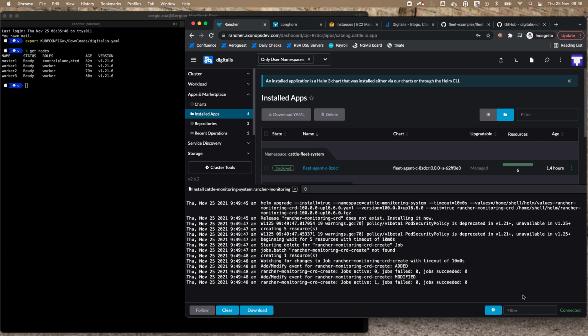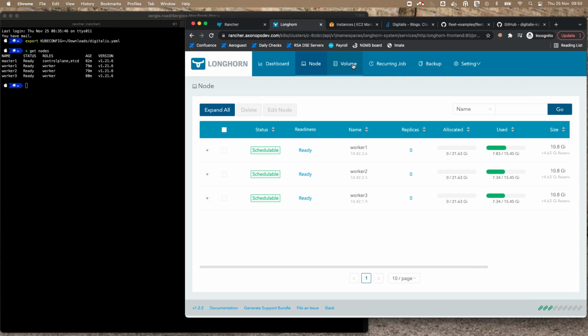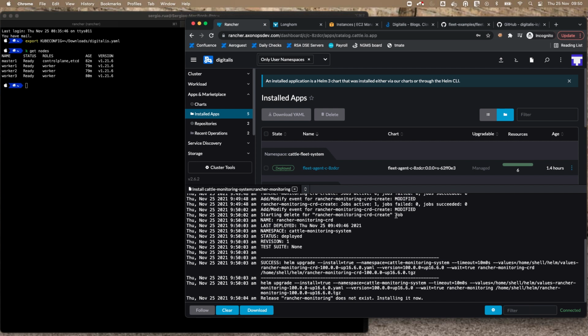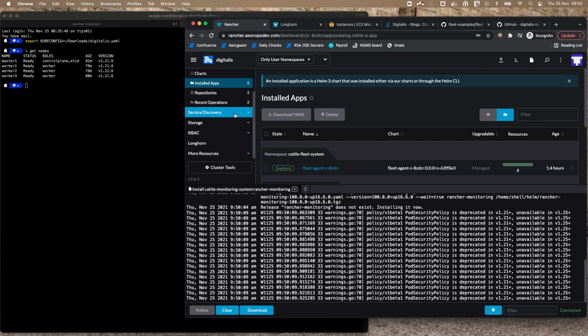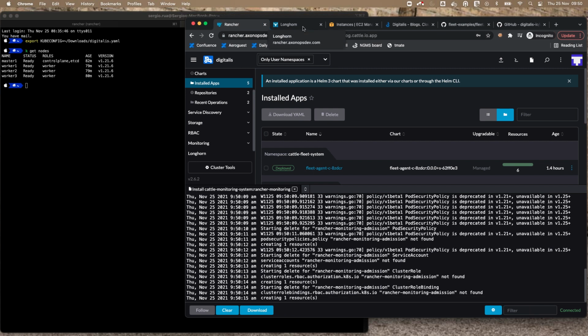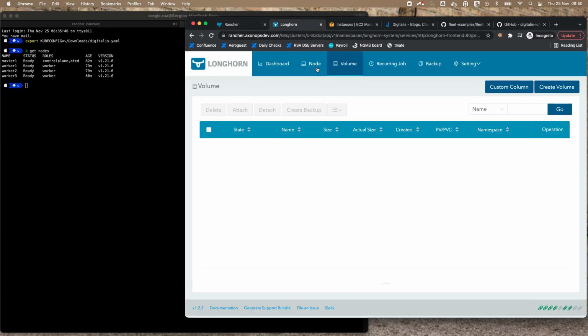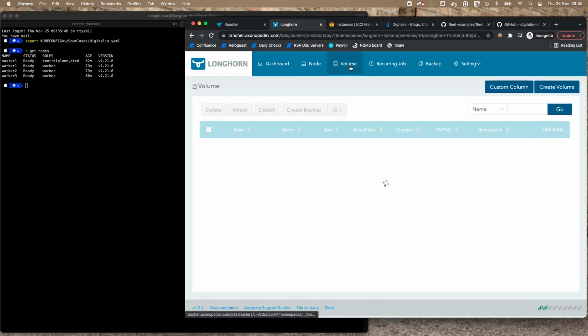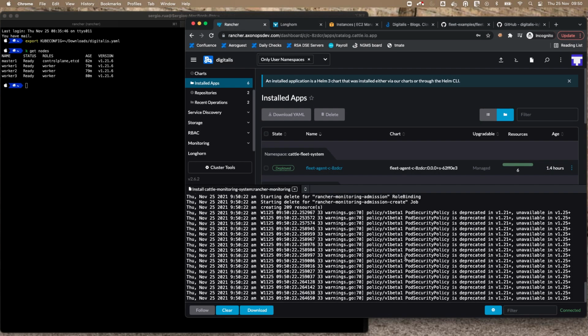So if I install Longhorn, just follow this basic UI with all the defaults, and you don't need to do anything. I install Longhorn, it will get the storage replicated between all my workers and presented to me as a single point of entry to use. And then I can deploy applications that require storage directly into that replicated storage. And as the word implies, because it's replicated, if one of my workers dies, it just doesn't matter because all the others will pick up the load and continue running the application.